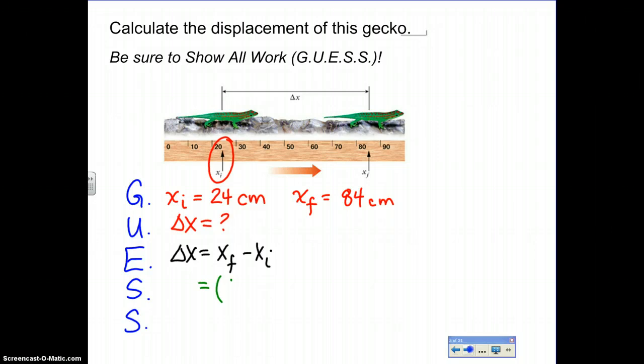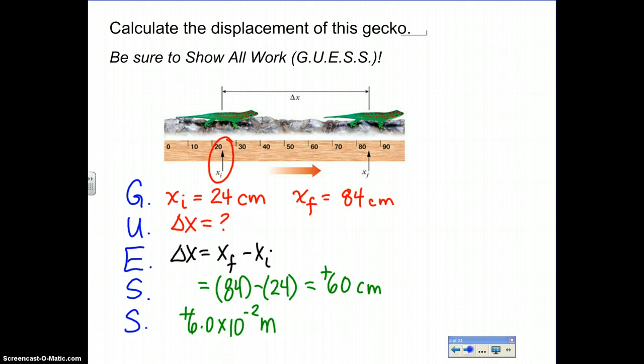Our final position of 84 centimeters minus our initial position of 24 centimeters equals a total change of 60 centimeters. And notice this is a positive number, indicating that our gecko ended up 60 centimeters